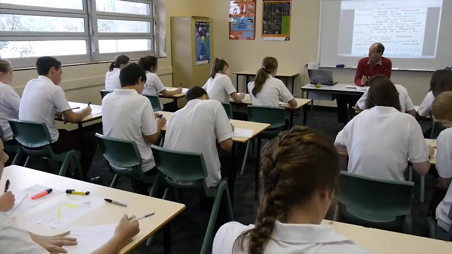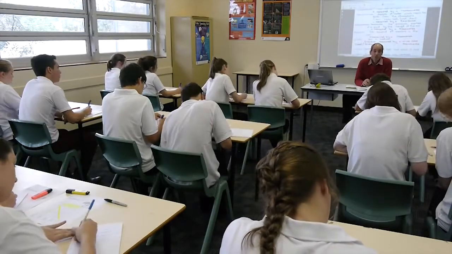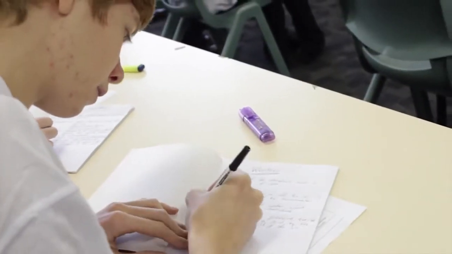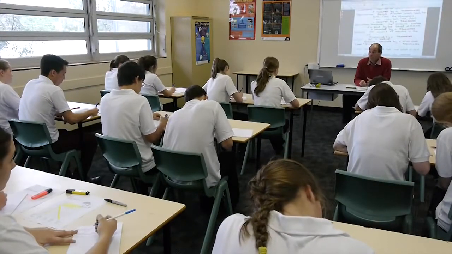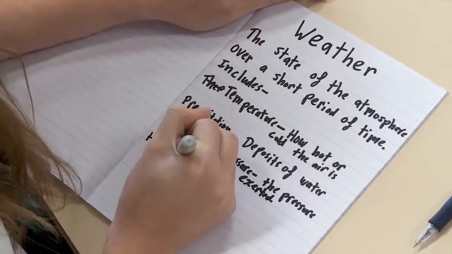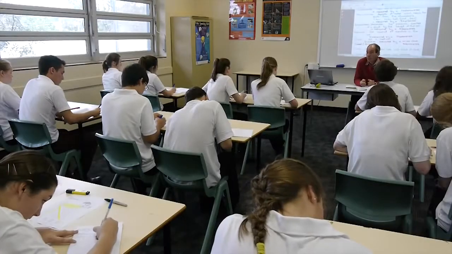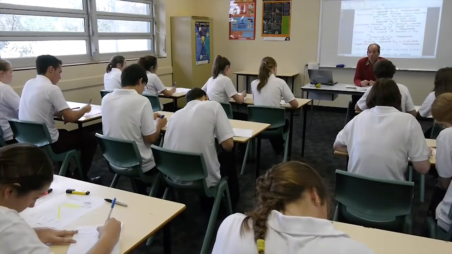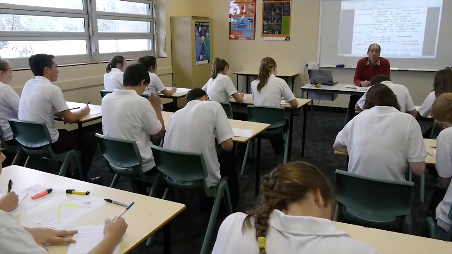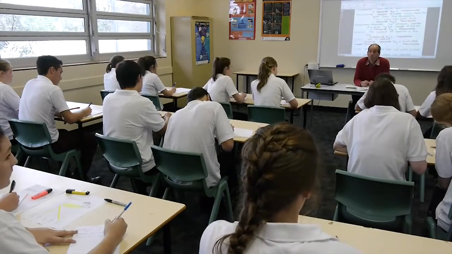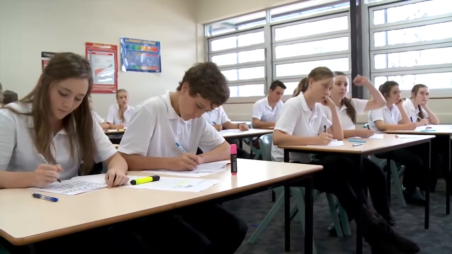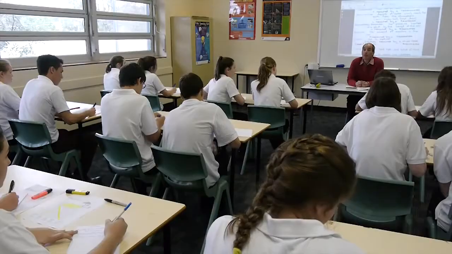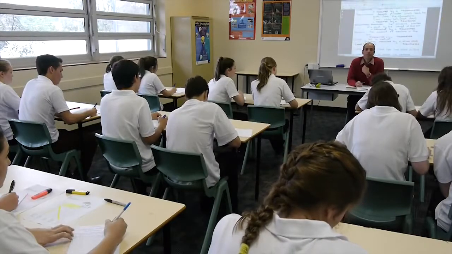The next one, humidity. The amount of moisture in the air. Obviously when it's raining, there's a lot of moisture in the air. But at other times, there can be moisture in the air and we don't know it. But we can feel it because of what happens to us when there's a lot of moisture in the air. Do we become humid? Yeah, we become humid.